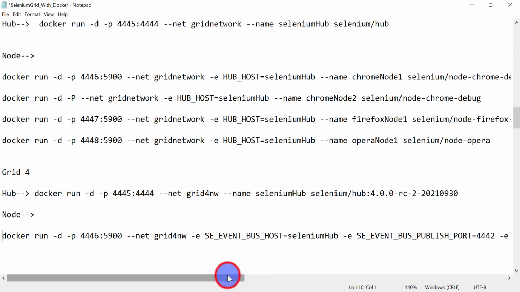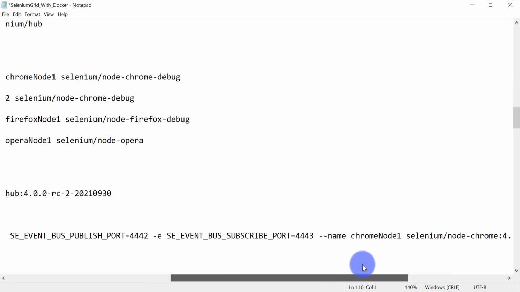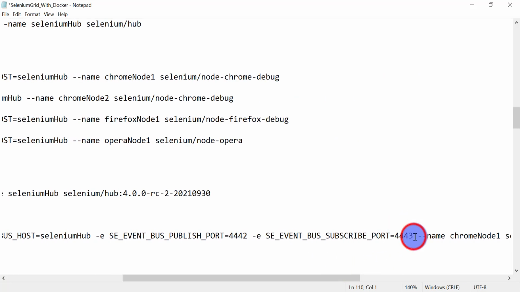For that purpose, we just need to use the shm flag, which we can specify here, before the name. This flag is for sharing the host memory with the Docker containers. shm-size equal to, so here you can specify the size, and it should be in double quotes.